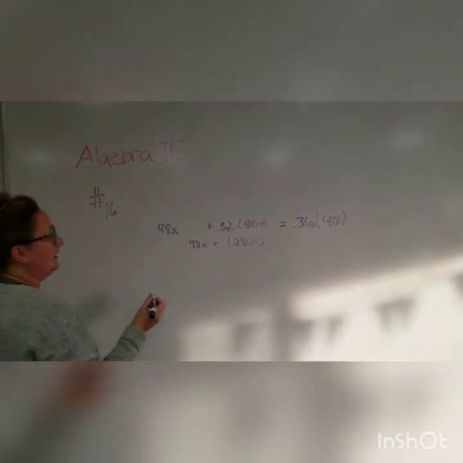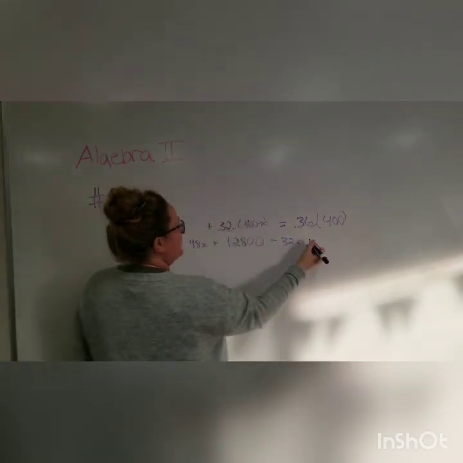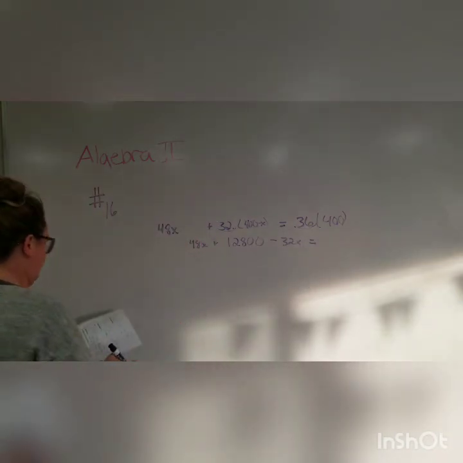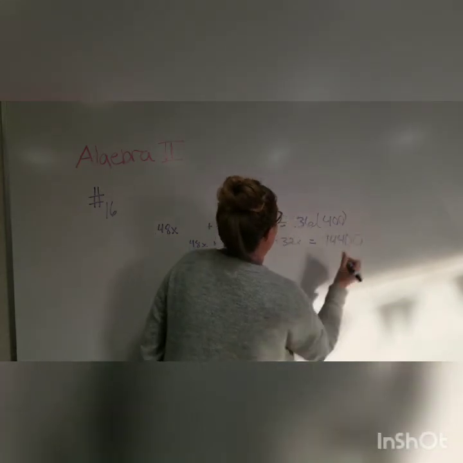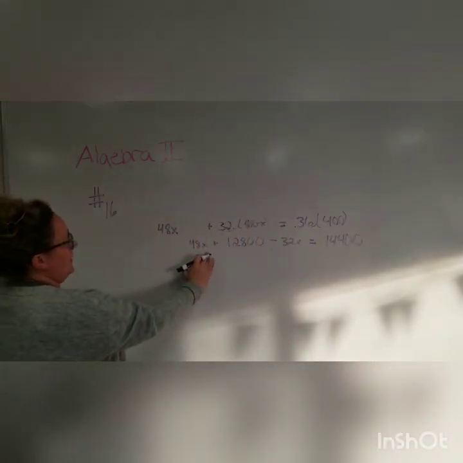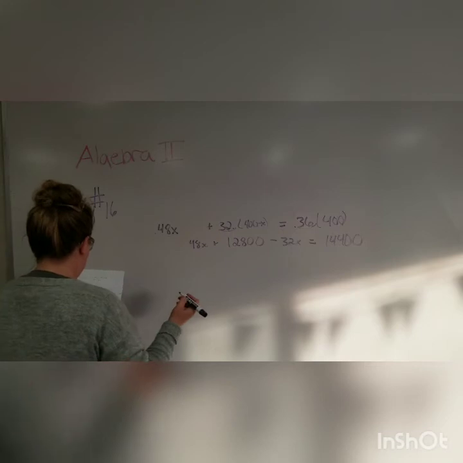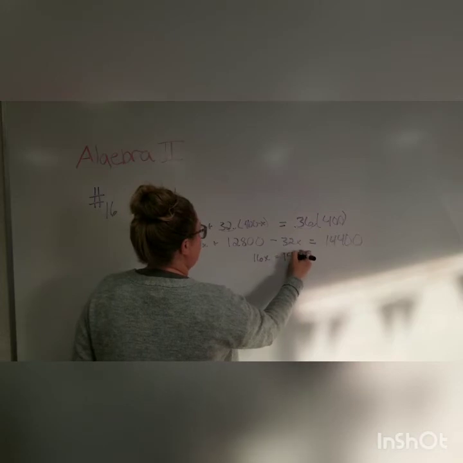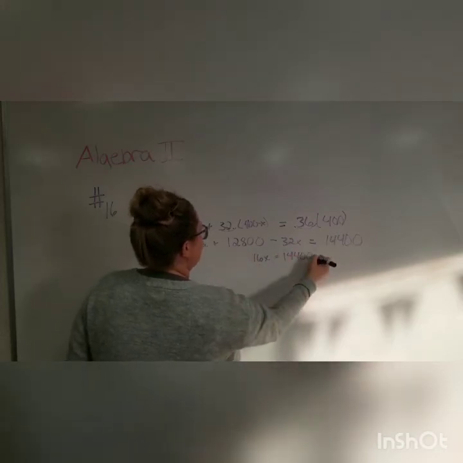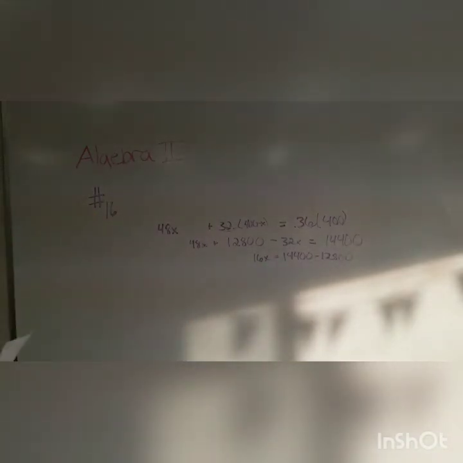12,800, minus 32x, because you got to go 32 times 400, 32 times that, to equal 36 times 400, which is 14,400. All right, so combine your like terms. 48x minus 32x equals 16x. 16x equals, and then over here you have 14,400, and you're going to minus the 12,800. Subtract those and divide by 16,